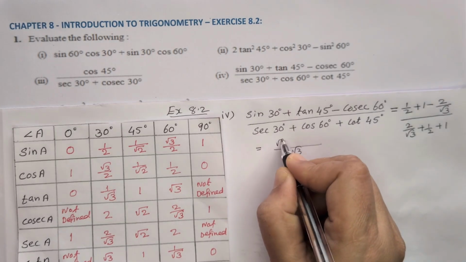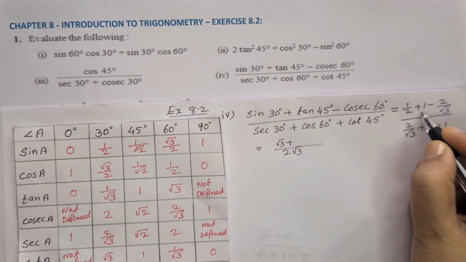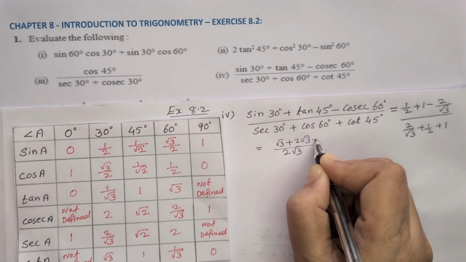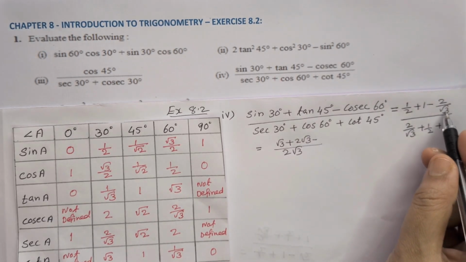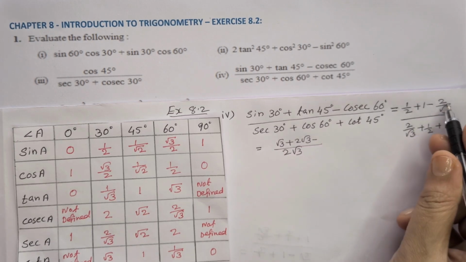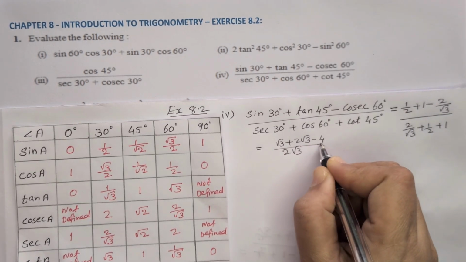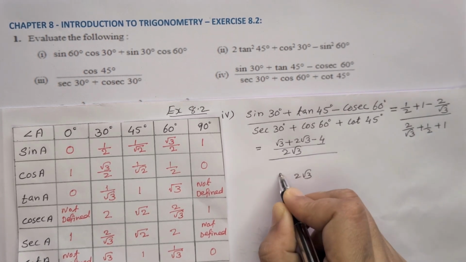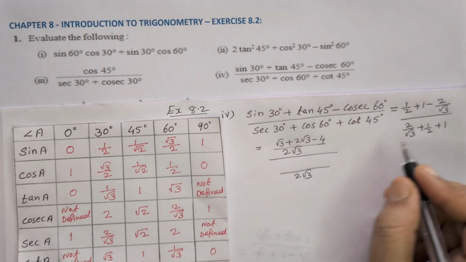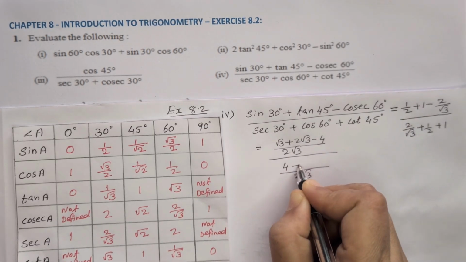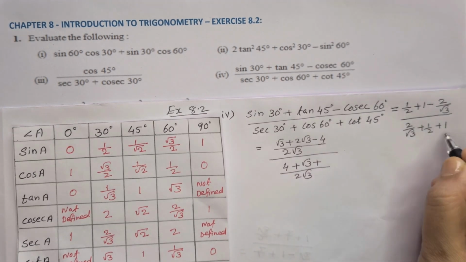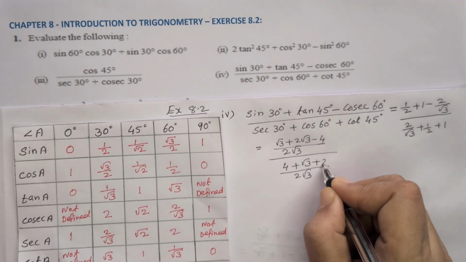So there it will come root 3 plus 1; we can consider it as 1 by 1 and multiply with 2 root 3 minus, here multiply with 2. Root 3 is here, so we just need 2 more, so 2 into 2 is 4. This is the numerator. The whole thing is divided by, here also root 3 and 2, so 2 root 3 as the LCM, and then multiply here with 2, 4 plus 2. Then root 3 plus 1 means 1 by 1, we have to multiply with 2 root 3.